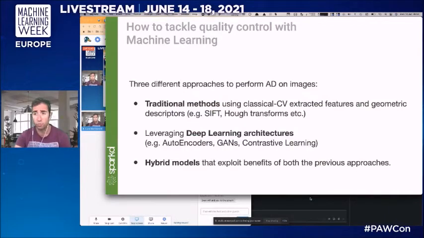I'm not going to go too much into the details of the prior art, because what I would like to convey in the few minutes that are left here are the most advanced techniques, which are obviously based on deep learning. One of them is the autoencoder network that I'm going to present here. Traditional methods like transforms and SIFT are features and classification algorithms that were used in the past. But let's have a look now at what